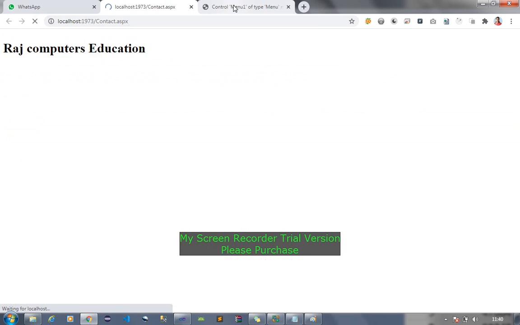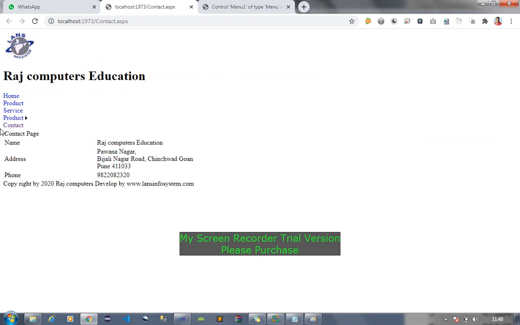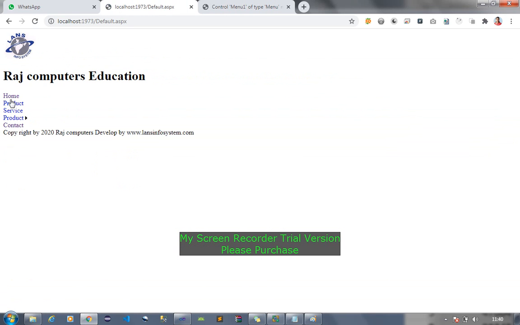If I click on product, I go to the product page. If I go to this laptop, the menus are not shown vertically, they are always shown horizontally.